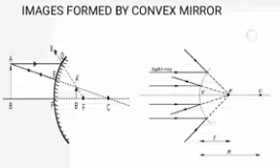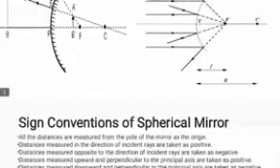And see the second case, when the object is kept at infinity, the parallel rays are coming from infinity. The object is at infinity and the image is formed at focus, highly diminished, point size, virtual and erect. We can see that it is virtual and erect because it is on the non-reflecting side. Whenever we get the image on the non-reflecting side, it is virtual and erect, and when it is on the reflecting side, it is real and inverted. So these diagrams you have to practice.